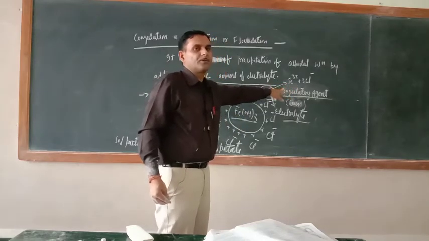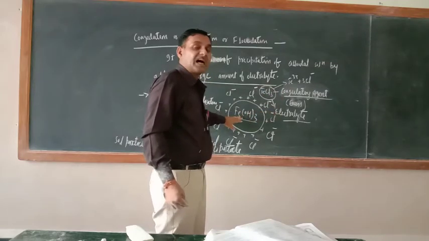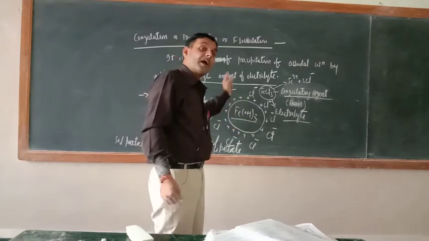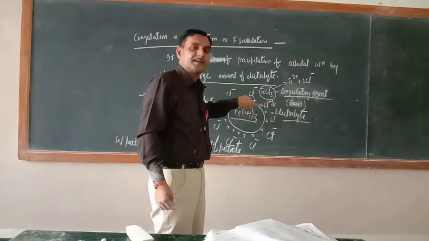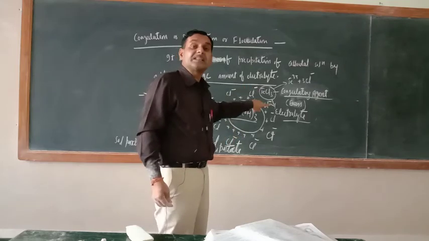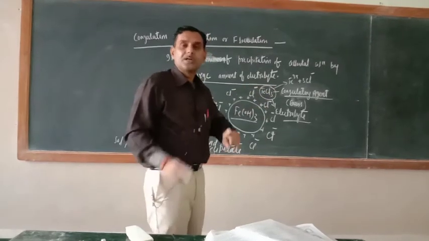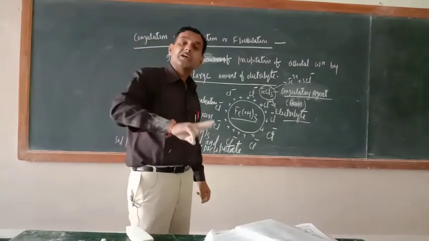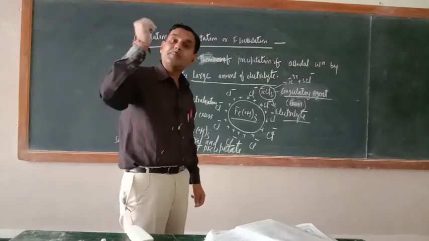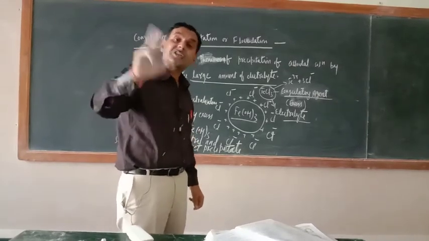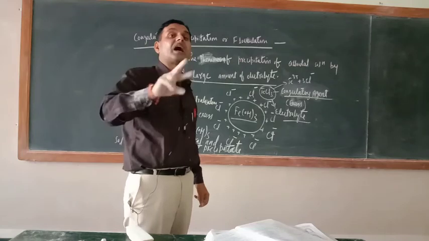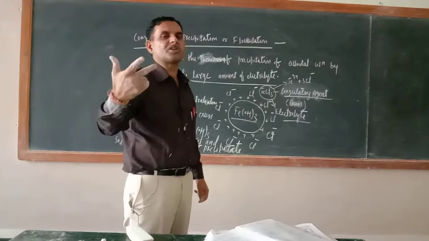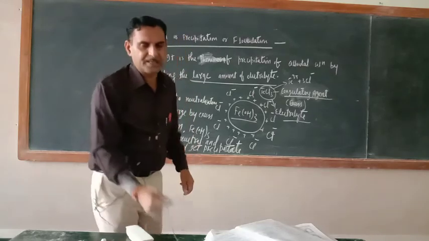Similarly, suppose here you have taken arsenic sulfide. Arsenic sulfide is a negatively charged sol. So who can coagulate them? Who can precipitate them? Positively charged ion. So remember, Hardy-Schulze rule says that the colloidal solution can be coagulated by the addition of a positively charged ion. From where will you get the positively charged ion? You will get it from the electrolyte only.